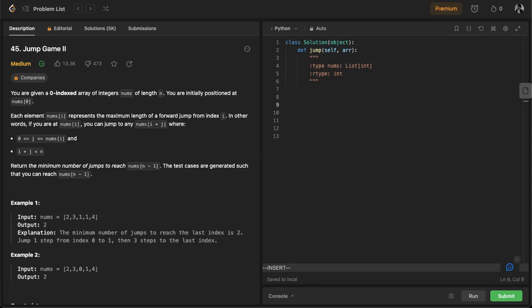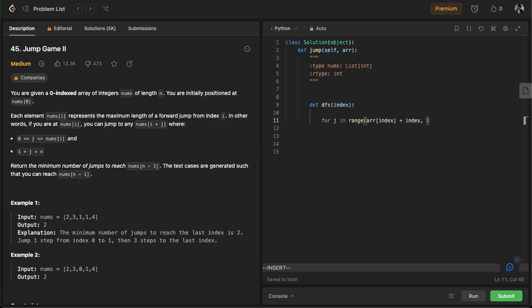So, let's create a function, and in that function there is an index. Now, for every index, how many steps are we able to take, what is the max step that we can take? So what is the max number of jumps or steps that we can take? The range is the value at that particular index plus the value of that index, so that is the maximum